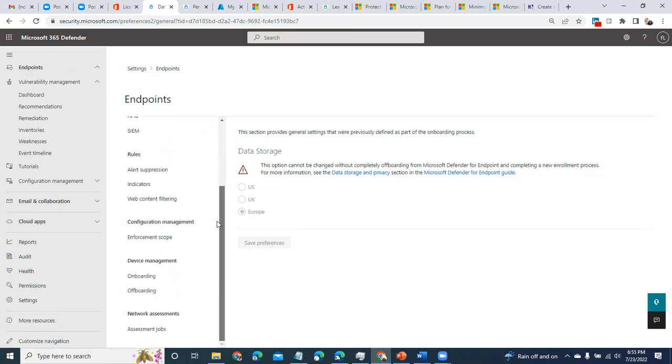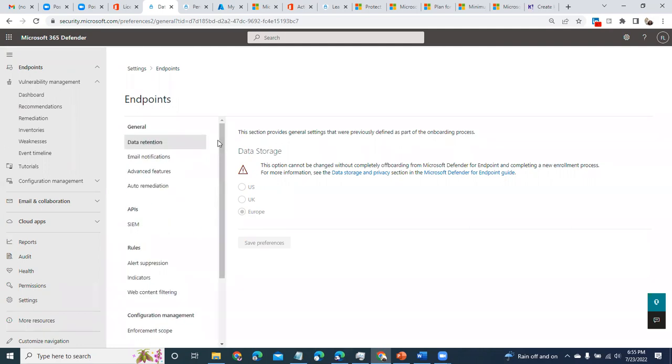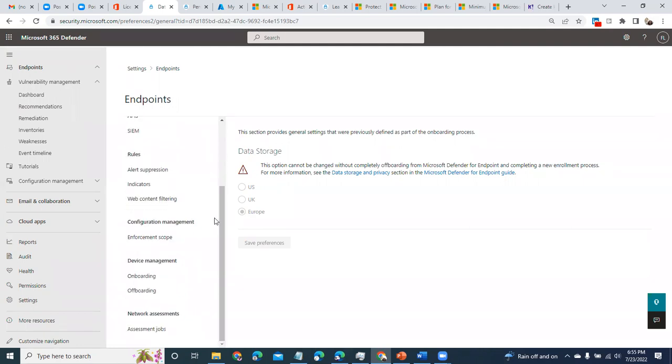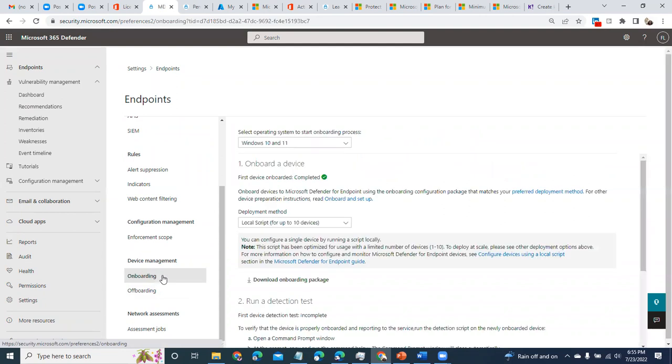Another thing you want to do here is the onboarding. There are different onboarding methods, depending on the method and design approach that we have taken.